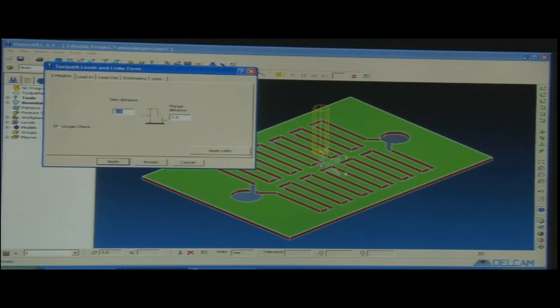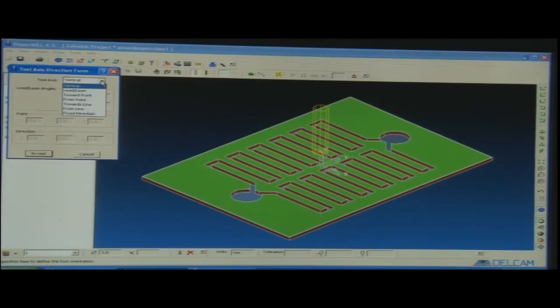So, this is where the tool starts interacting with the job. Now, skim distance and plunge distance. Basically, skim distance means the tool is at 5 mm from the job, but it will go 3 mm in one step and then it will stop for some time, then it will go 2 mm further. So, plunging is actually the engaging distance. When the tool starts to get engaged with the job, that is known as plunging. The other methods we will discuss as well. So, in this plunge it will go down.